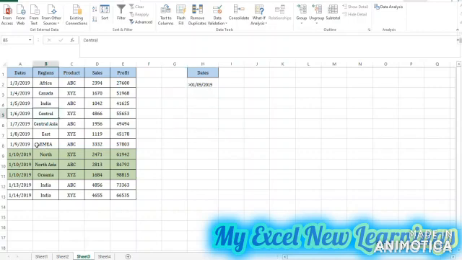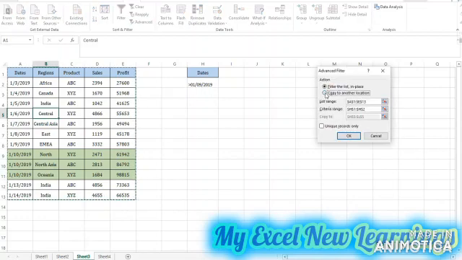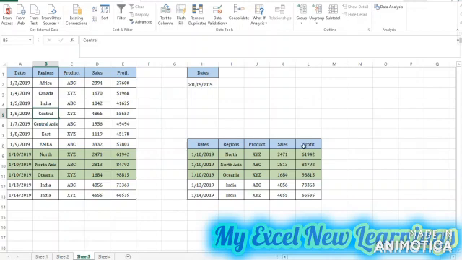So I will click in the data anywhere, then I will go to the data tab, then I will click on the advanced filter, then my list range is already selected. Now I will clear this criteria range. This will be our criteria range, and I want to copy and paste the data here. So we have a total of 5 records which are greater than Jan 9. So here are the 3, 4 and 5. This is our data.